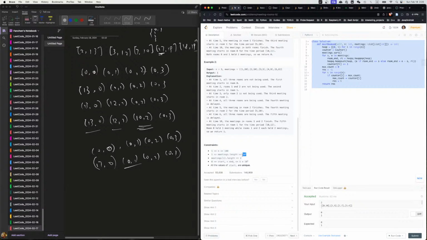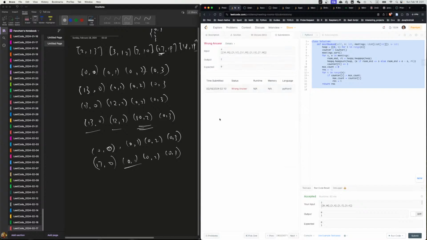Okay. But if we do it this way, I don't think there's another way. So maybe we need to do something with the meetings. What do you mean by do something with the meetings? So with meetings, I have a start and I have an end, and I have a second start and an end. So essentially, we can reorganize the meetings in such a way that